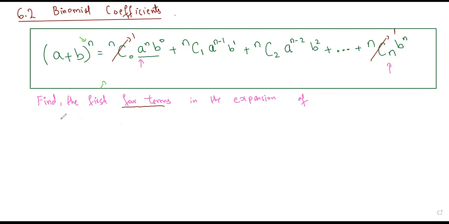I need to write it down again. It is (2 minus 3x) to the power 10. Step 1 should be to eliminate the minus sign and write it down this way, just so we are able to do it properly. Now, what is n? n is the power. This is a and this minus 3x is b. So the power is 10. So it is going to be 10C0 a to the power n. So this means that 2 to the power 10